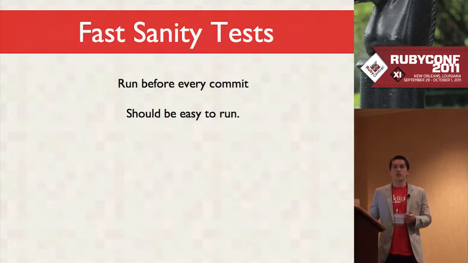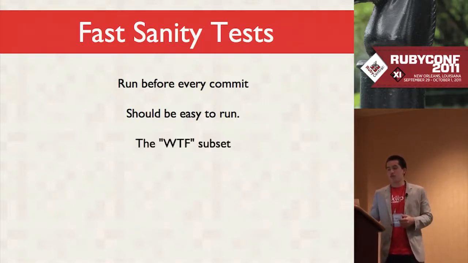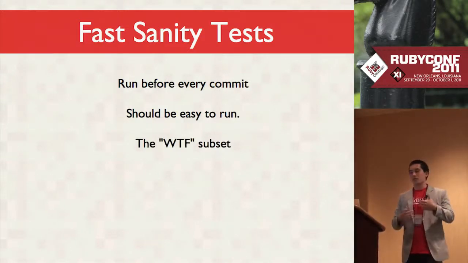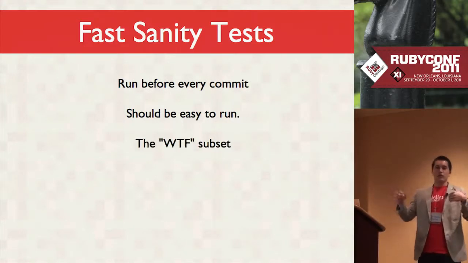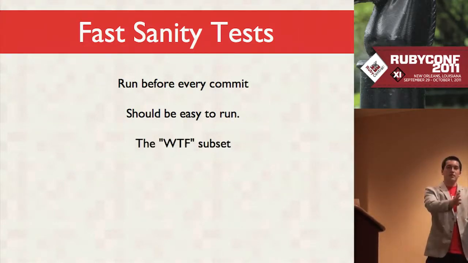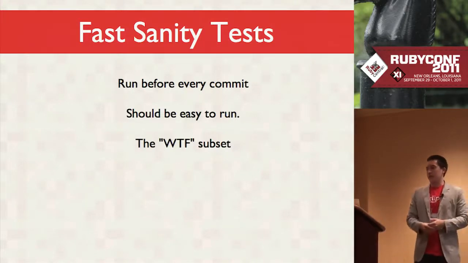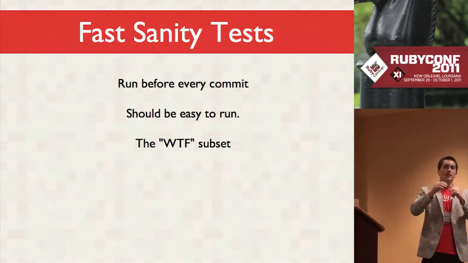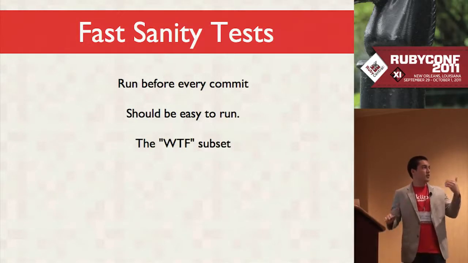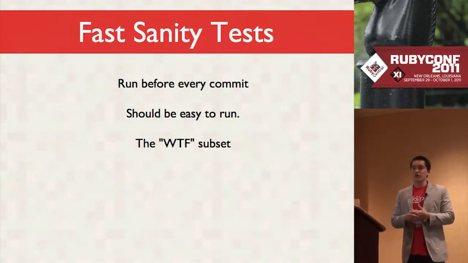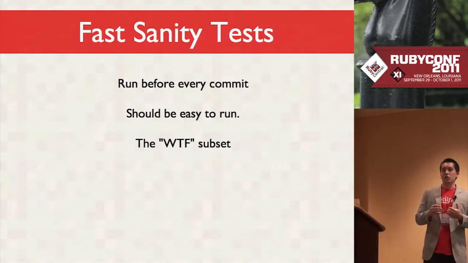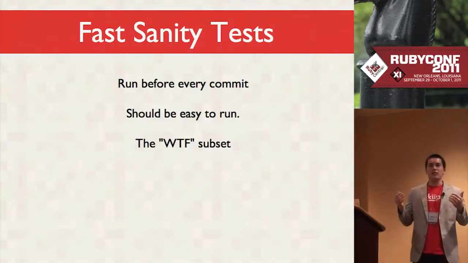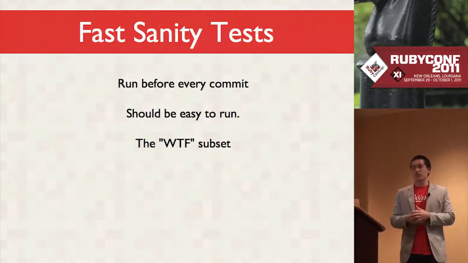They should be very easy to run because you want all your developers to run them. And they should contain a WTF subset of your tests. Another example is sometimes I work with developers and they're like, yeah, we have this full test suite and we can't run it before every commit, but we run these tests because they're fast, so we just run these ones. And the rest go somewhere else. I don't think that's enough. I like to get a subset of my tests that at least tests a good chunk of every subsystem or module of the project, so that when you do run the tests, if you have some big WTF going on, then it'll catch it, and that's the real purpose of these sanity tests.